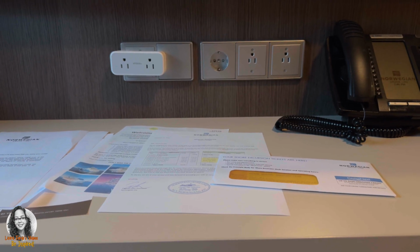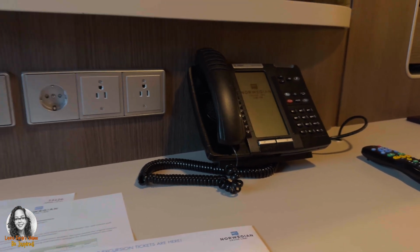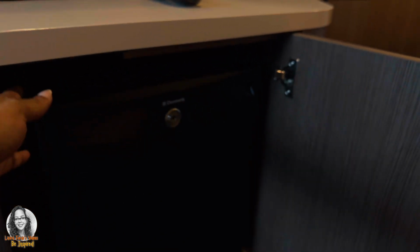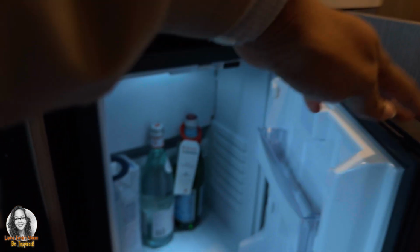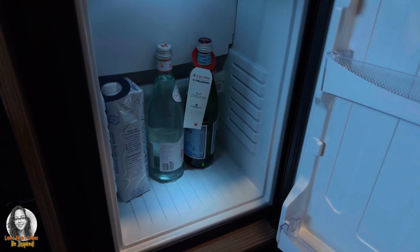Let's head over to the bathroom and take a tour of that. Oh wait, before we do that, I forgot to show you guys over here. So here you have the fridge. Is it locked? No. This is a fridge here, but of course you will have to pay if you use any of these things, right? So you have a fridge here,